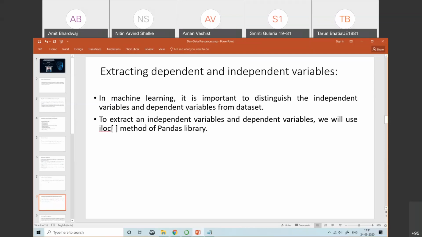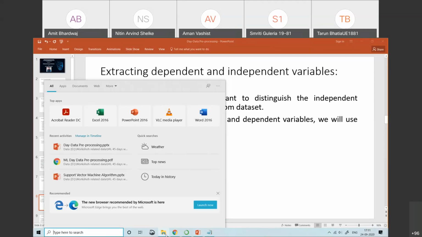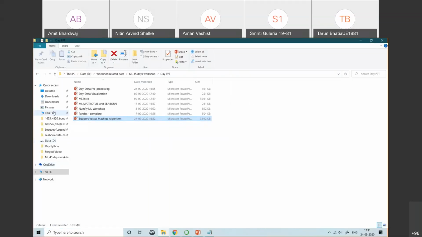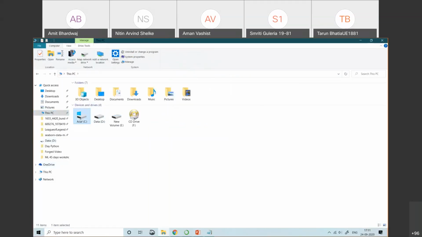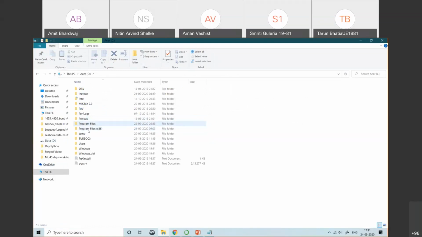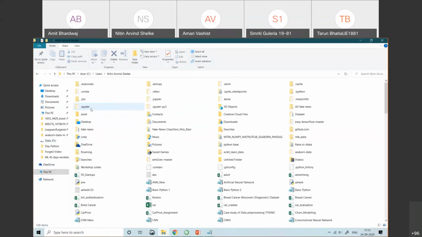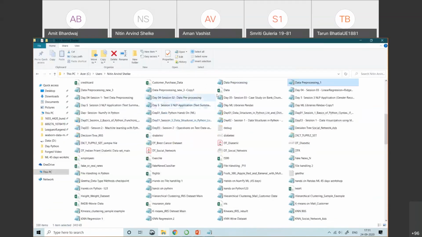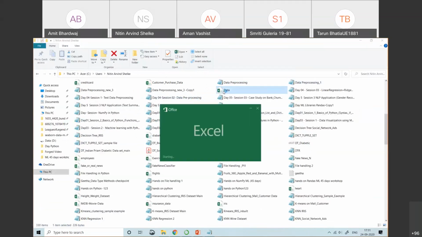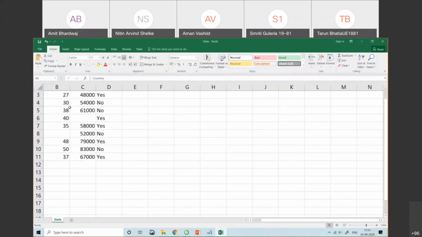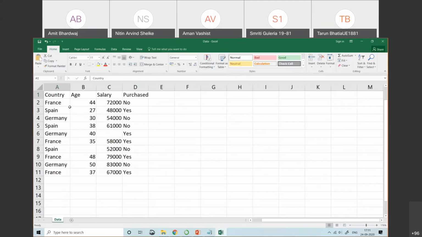Now what do we mean by dependent and independent variables? I will explain it through the data set. Let me just show you the data first. Let's suppose this is our data set.